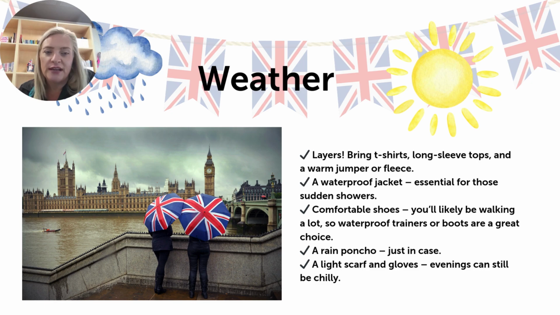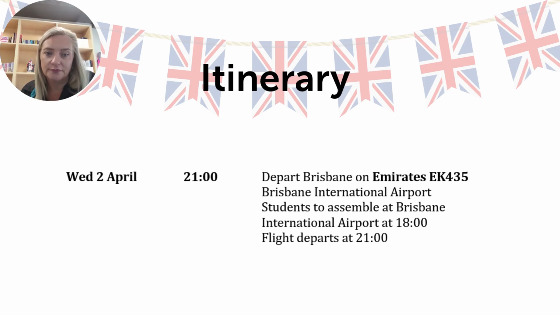A couple of things to really point out would be a waterproof jacket or a rain poncho, just in case we do get a bit of downfall. Umbrellas, as good as they are, are not good when we are in high traffic, busy areas. And some of the places that we go into, museums and things like that, don't always let you take an umbrella in with you. So I suggest don't pack an umbrella, but instead a waterproof raincoat or poncho. And make sure you do have closed-in shoes because our feet could be getting wet at times.